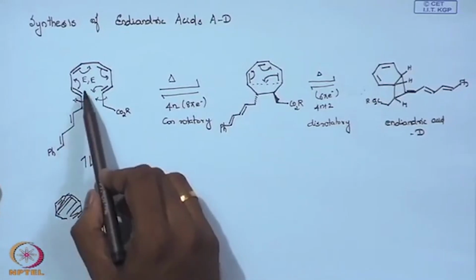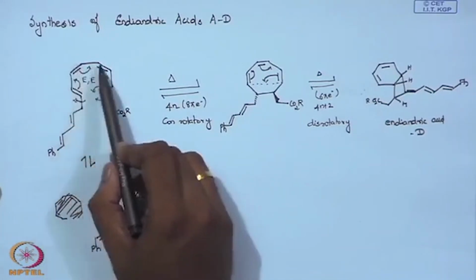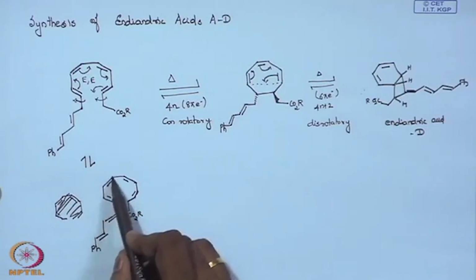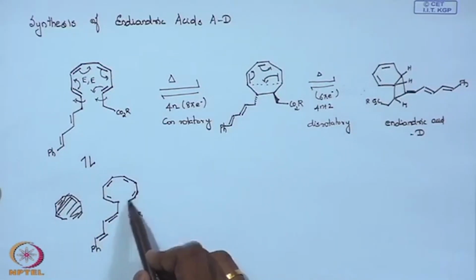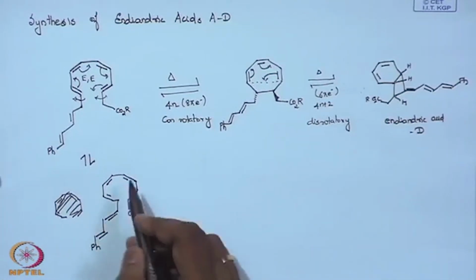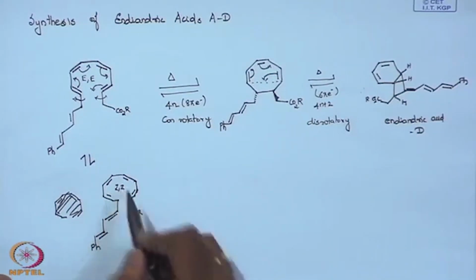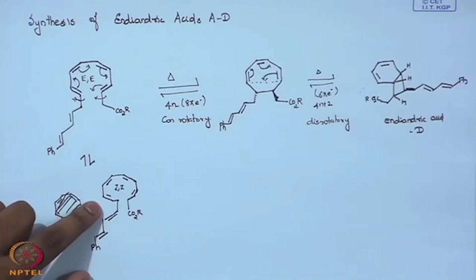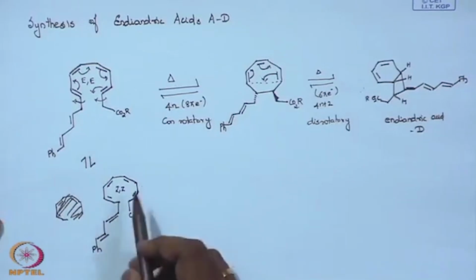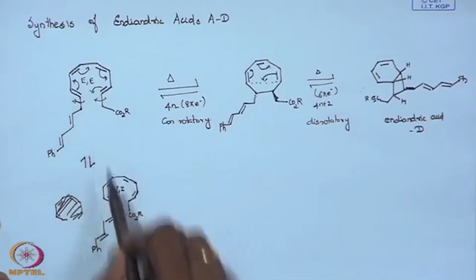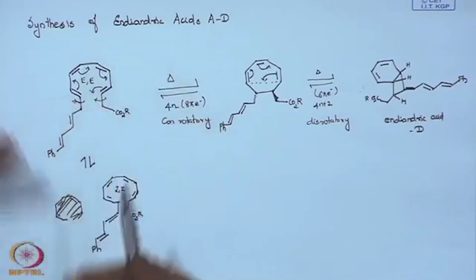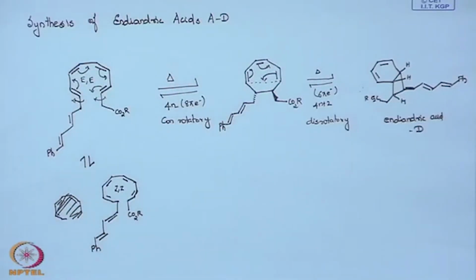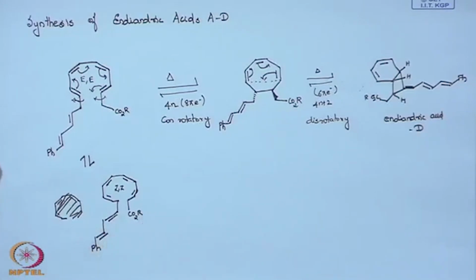Okay. See, previously it is an 8 pi system: 1, 2, 3, 4, 5, 6, 7, 8. You have this: 1, 2, 3, 4, 5, 6, 7, 8, 9, 10. Okay, so that's good. So this is nothing but the ZZ form of this, and this is the EE, and this is the Z and Z of this. This is the Z form, and I am just taking this in two different forms. You can write this, it can exist in E as well as you can write it in Z. Any doubt? Okay. Now